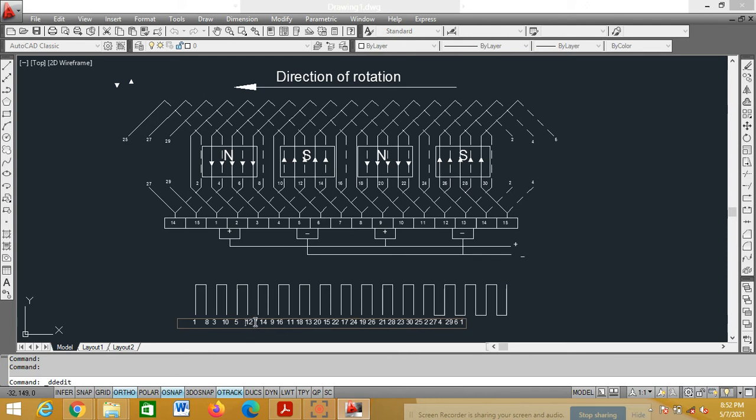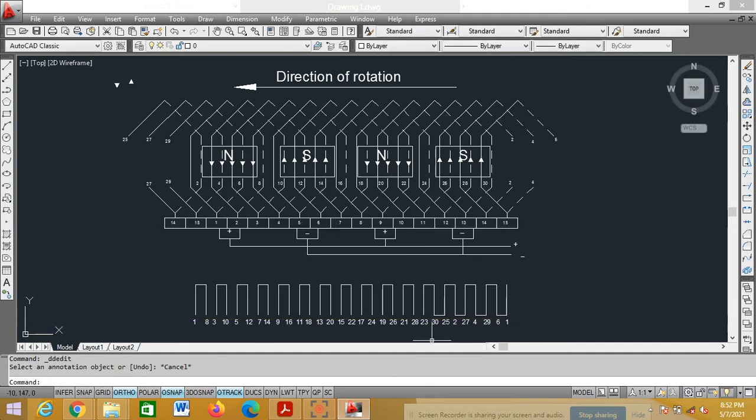And 12, 7, 14, 9 and 16, 11 and 18, 13 and 20, 18 and 22, 17 and 24, 19 and 26, 21, 28, 23, 30, 25, 2, 27, 4, 9, 6 and 1.